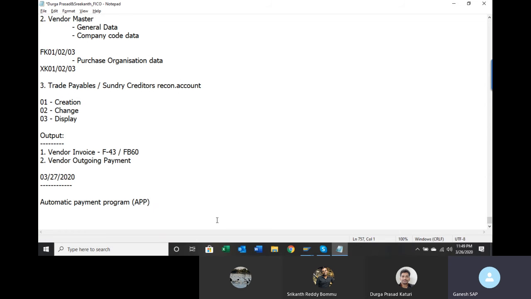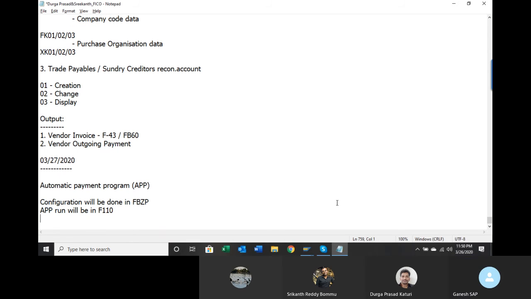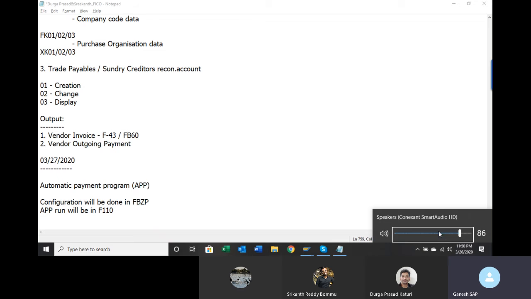For this, the configuration part is FBZP. The APP run will be F110. So what is the automatic payment program?